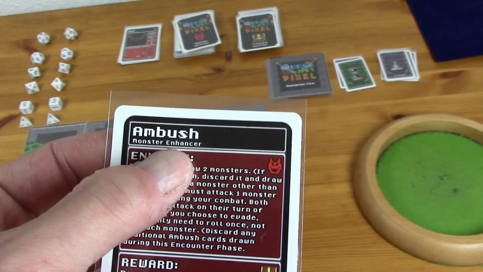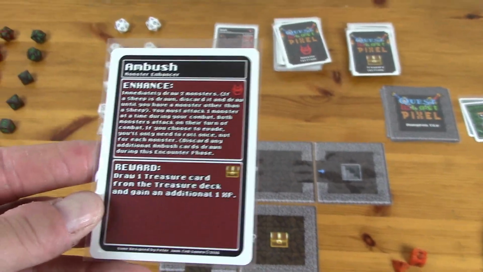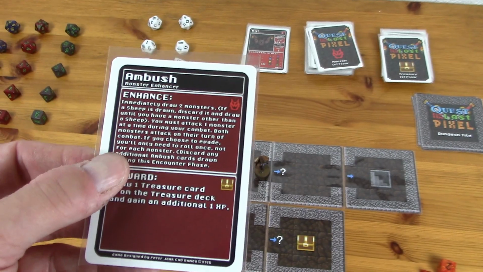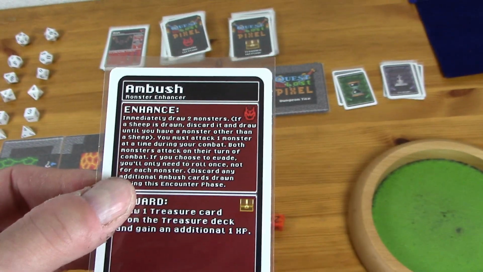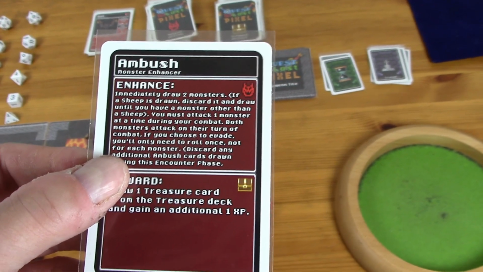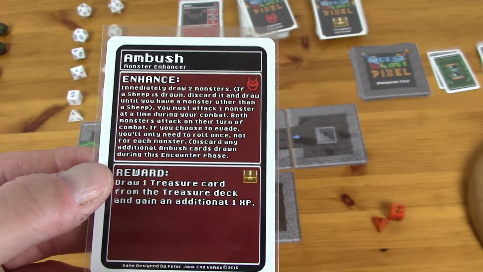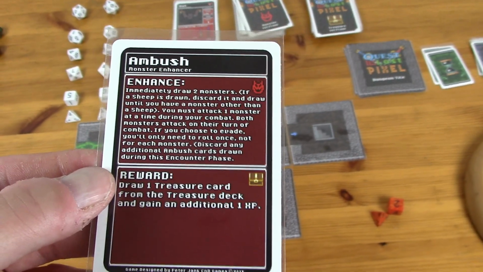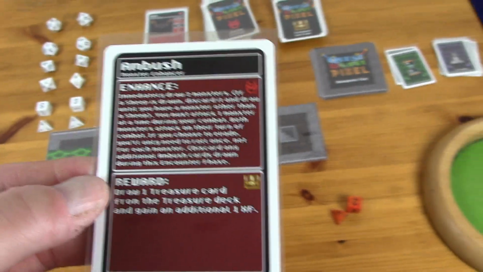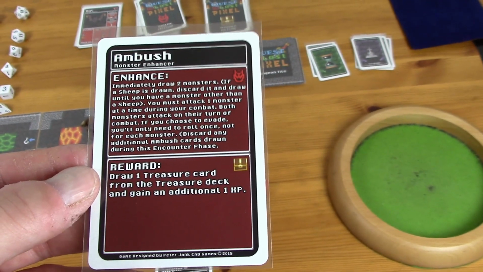It's a so-called enhancer card, and they changed the encounters a little bit. So immediately draw 2 monsters. You must attack 1 monster at a time during your combat. Both monsters attack on their turn of combat. If you choose to evade, you will only need to roll once, not for each monster. Okay,